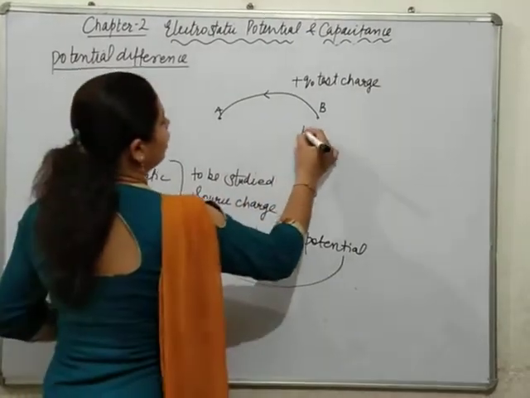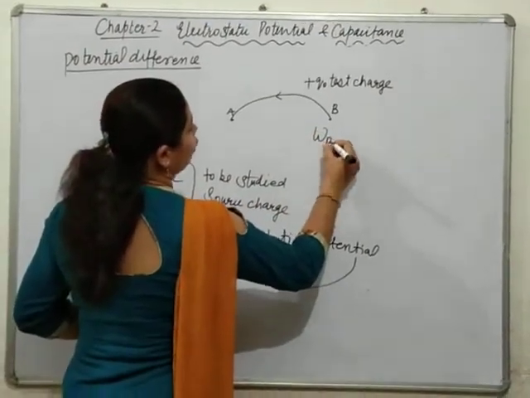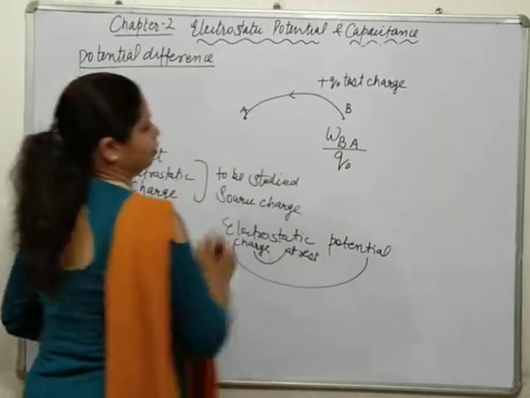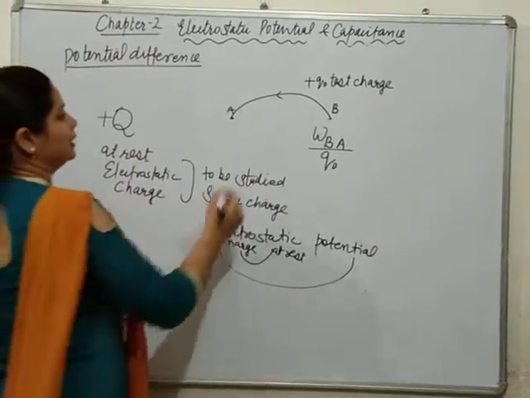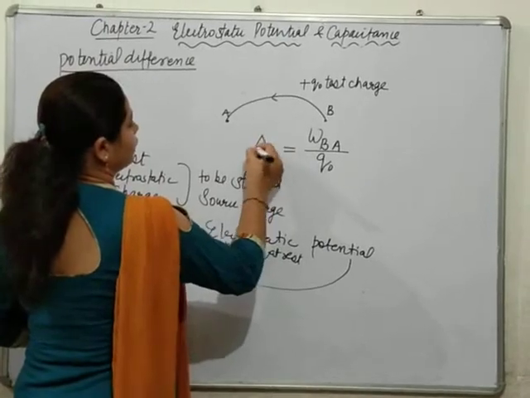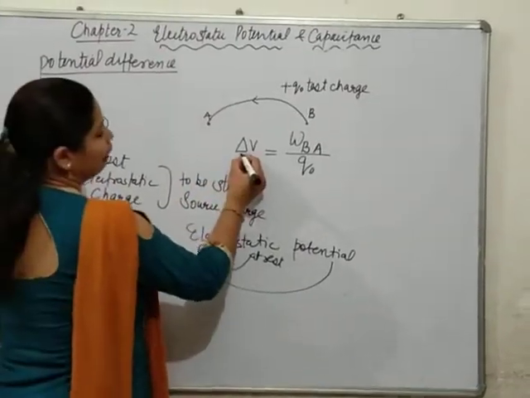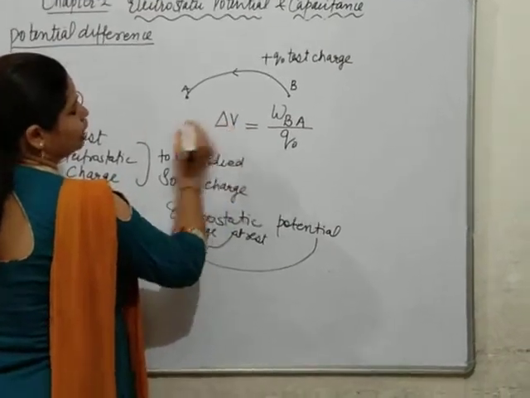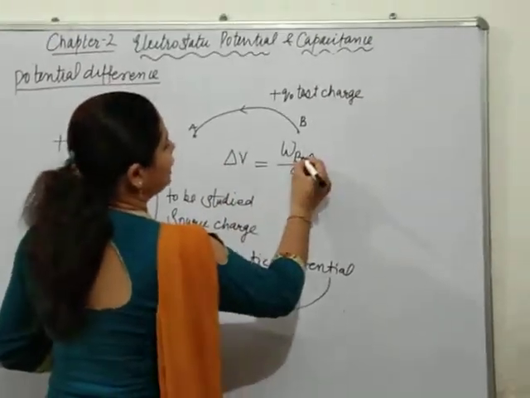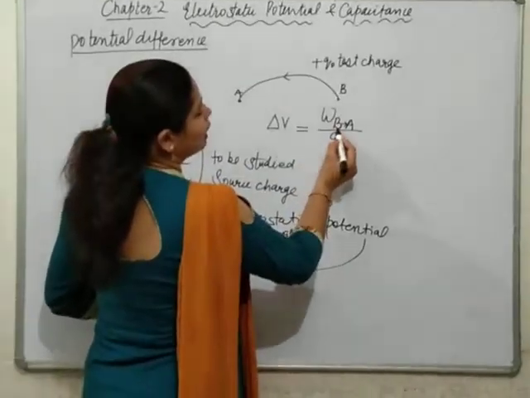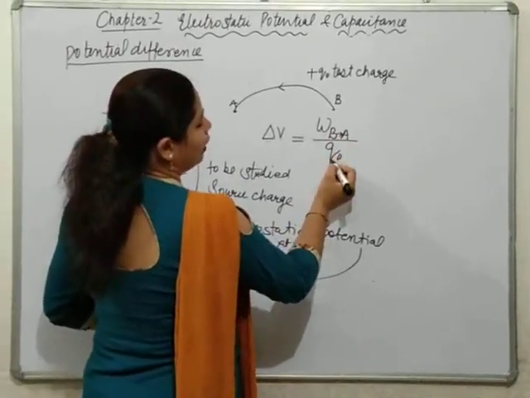The work done to move the charge from B to A per unit charge is known as potential difference. So what is potential difference? That is the simple difference of potential. Potential difference may be defined as the amount of work done to move the charge from B to A per unit